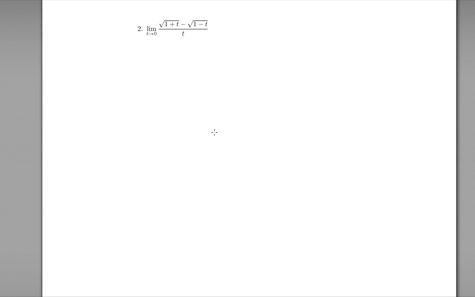So let's move on to another example. So here's an example where we have some square roots. Usually, square roots are a big hint that you want to rationalize some things, so you want to multiply by the conjugate. So what we want to do here is we want to rewrite this as the limit as t goes to 0 of